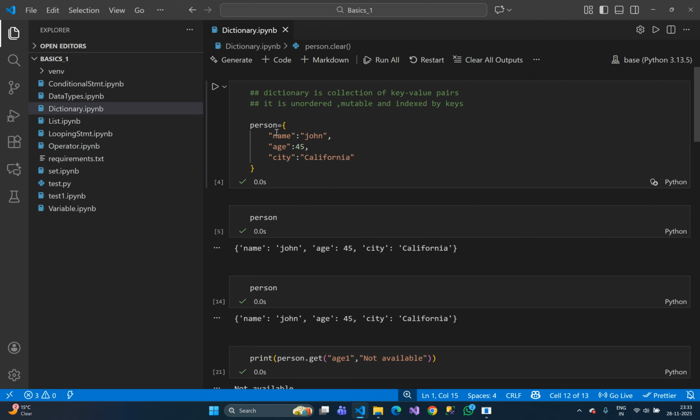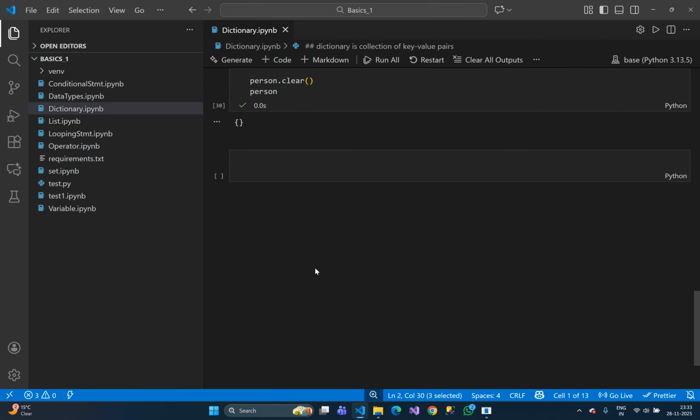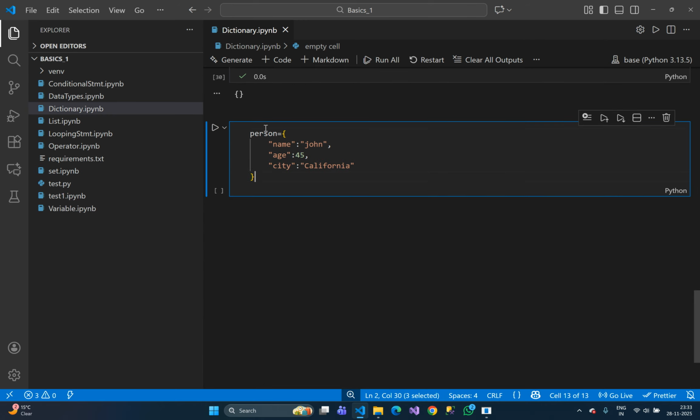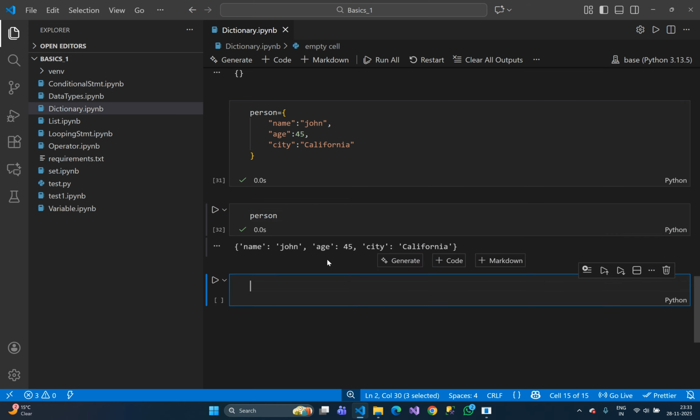Okay, again we need to create the dictionary because I have cleared it already. So I have just executed it and now our dictionary is created. So when I give person and execute, then we will get this information. Okay,